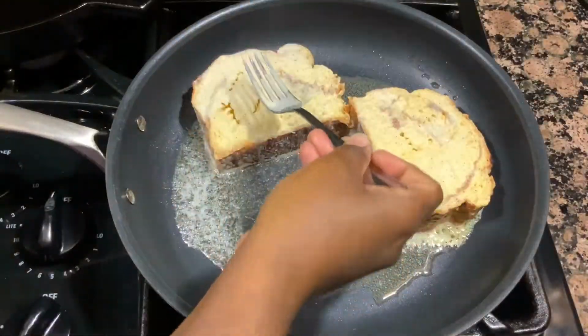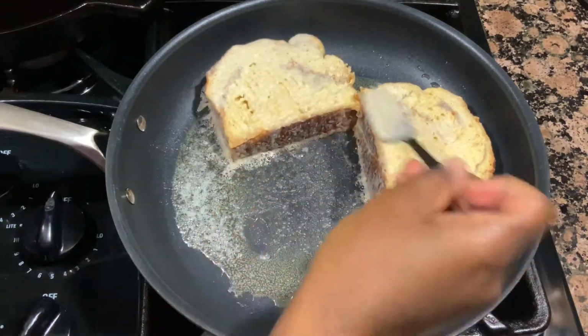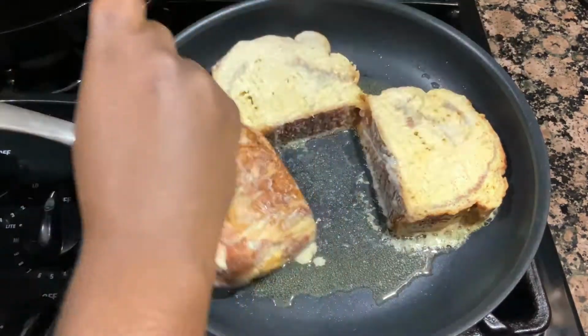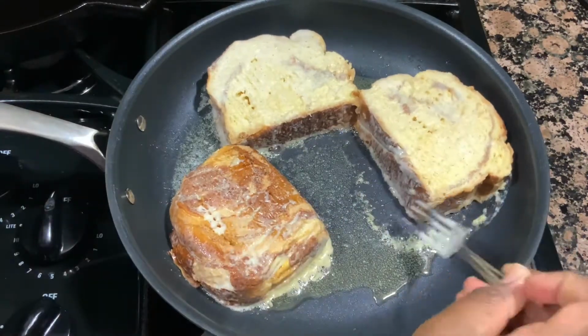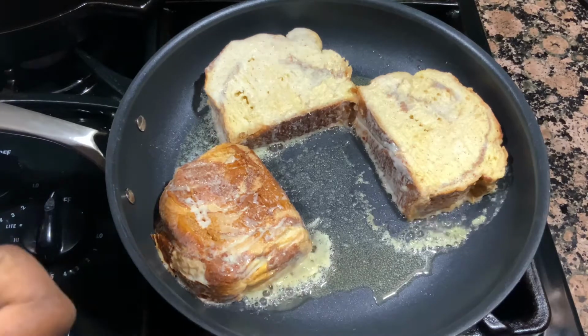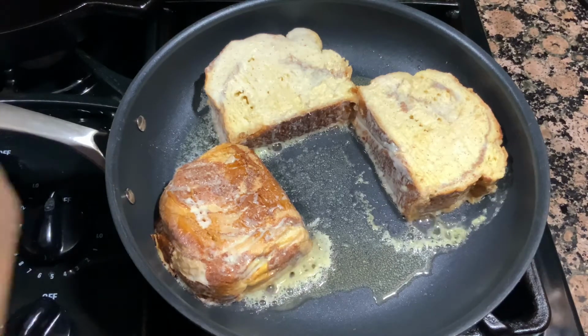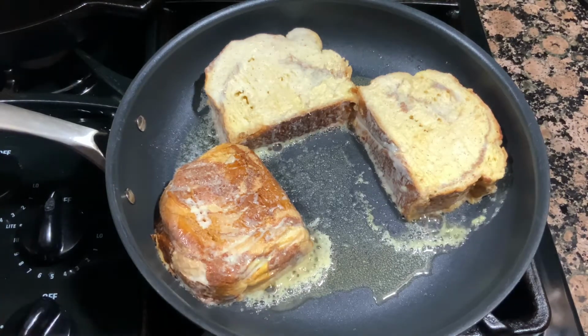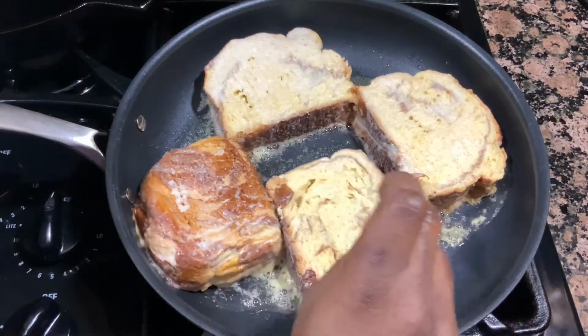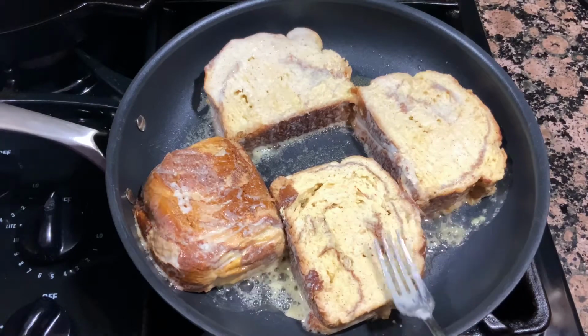Alright, so at this point, while I was dipping my bread, I had my pan preheating on medium-low heat, and I went ahead with about 3 tablespoons of butter just to get melted in the pan, and now I'm adding my French toast in, okay? You want to cook this nice and low and slow, especially since our bread is a little bit thicker. You want to make sure that that custard mixture is cooked all the way through the center of the French